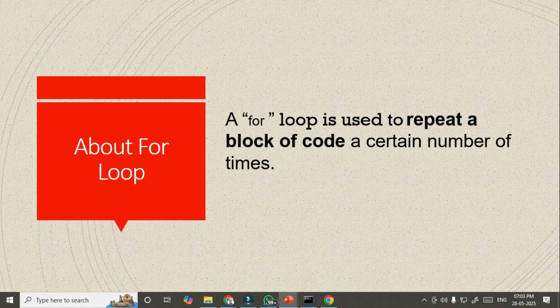First, we have to know that the for loop is used to repeat a block of code. Here, we have to remember it is used to repeat a block of code. So it's a collection of some lines that will be repeated again and again until the condition is false. Okay, so one condition is there, but in Python, instead of a condition, here we will give a range, the range